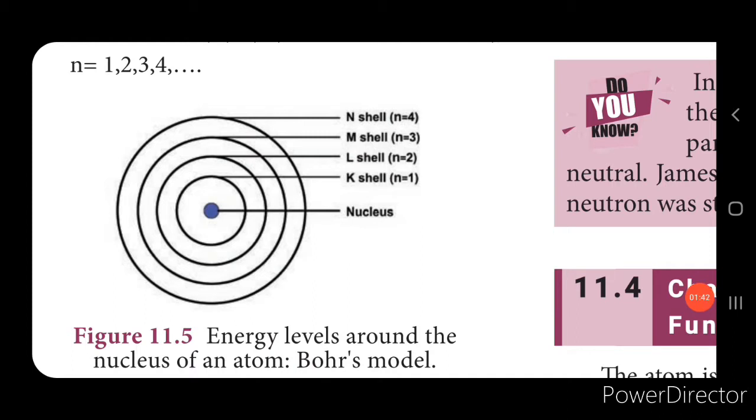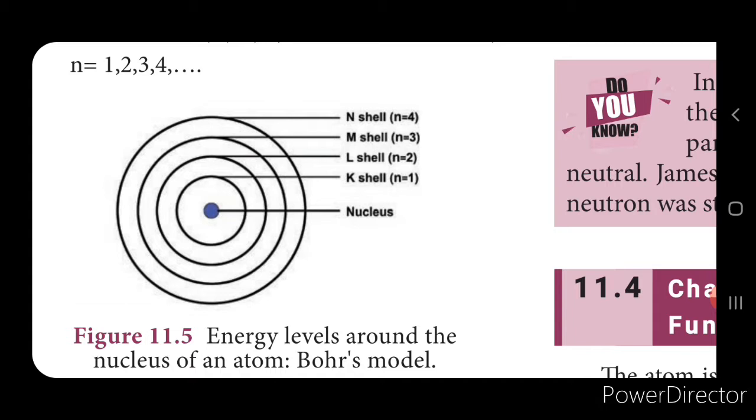An electron in a shell can move to a higher level or a lower level either by absorbing energy or releasing energy. Usually an electron moving from a lower energy level to a higher energy level has to absorb energy. Here you can see there are different shells. If an electron has to move from the K shell to the L shell, it has to absorb a fixed amount of energy and move to the higher level.